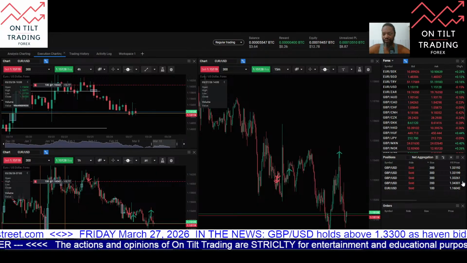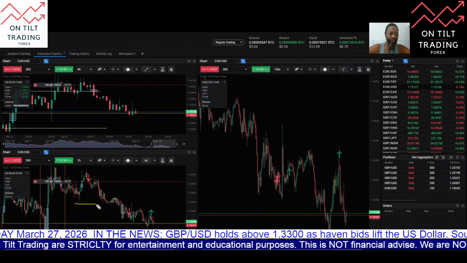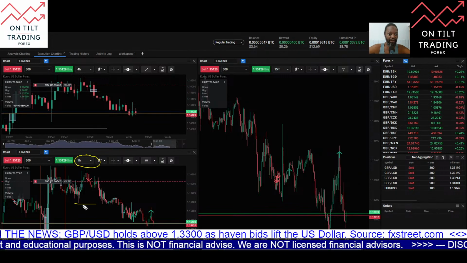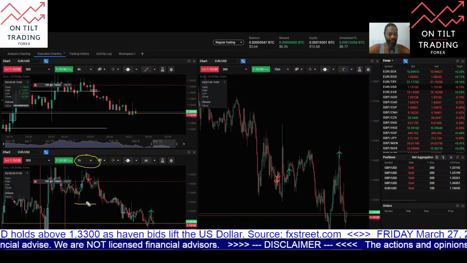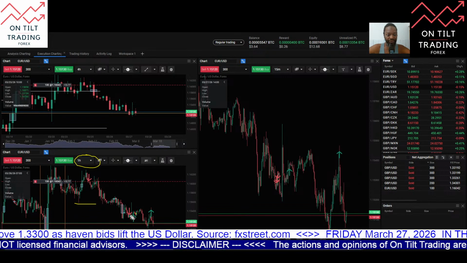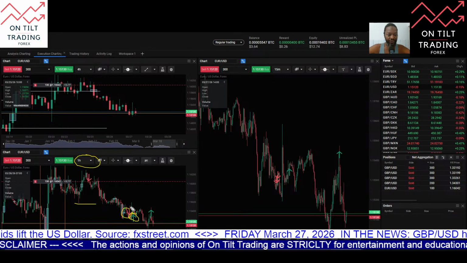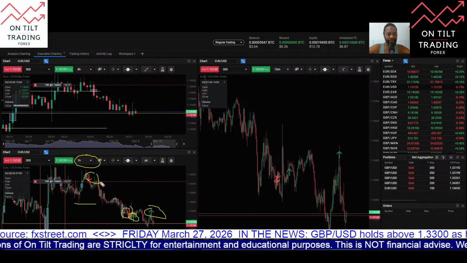Actually, it may look better here on the hourly. So ideally, taking profits would have been like here, just showing price action here on the hourly. Taking partials would have been here, but I didn't take a partial until down here. Then this was an add, and then this add, I stopped out of this add this morning, but still in